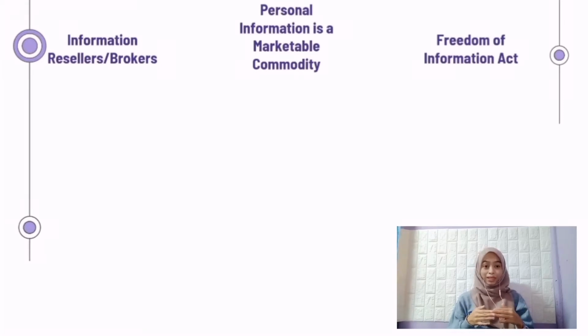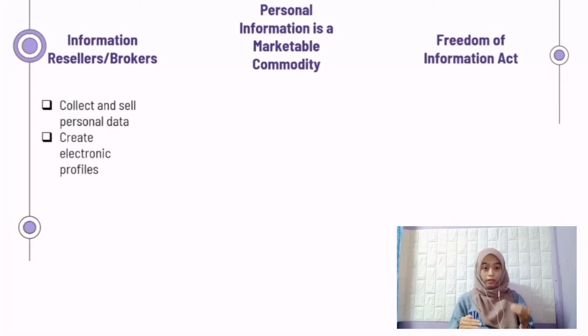First is information resellers or brokers. Collect and sell personal data. Information resellers or information brokers collect and sell personal data to various customers such as marketing companies that can help the marketing companies to produce something based on the information provided. Create electronic profiles. Information brokers collect large volumes of detailed information about an individual's attributes, activities, and behavior through the